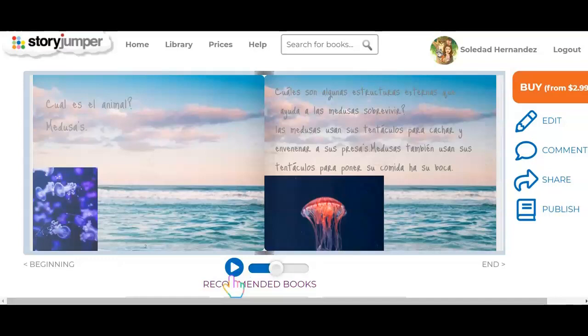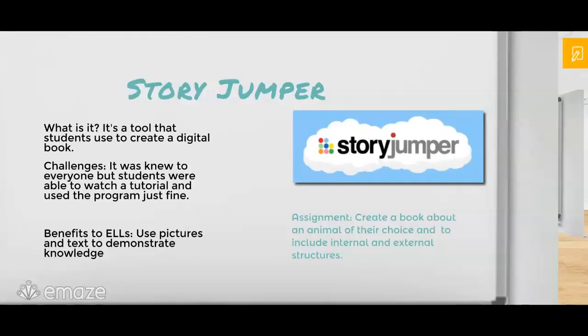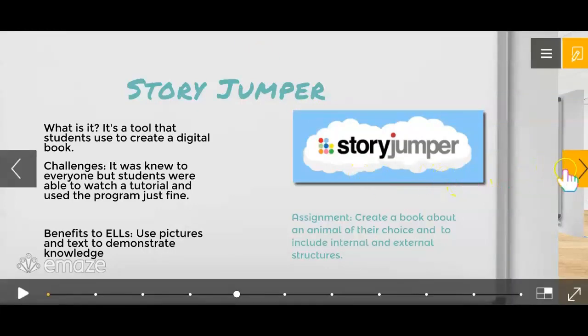I feel like all of these students did a very nice job in showing me what they're capable of, and I was very pleased with what they accomplished using Story Jumper. Now the standards that were used,